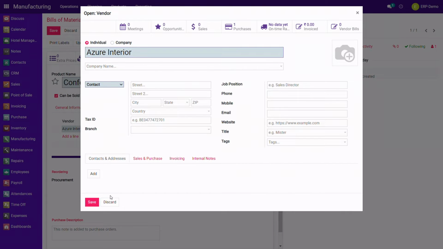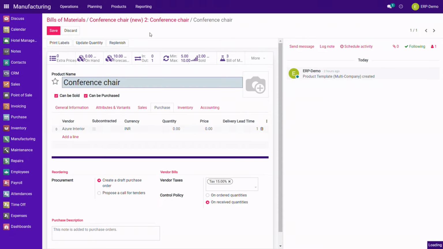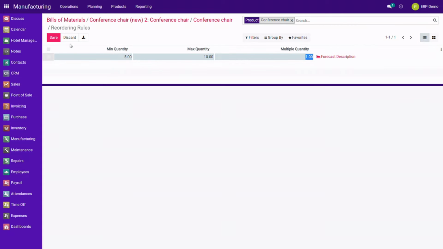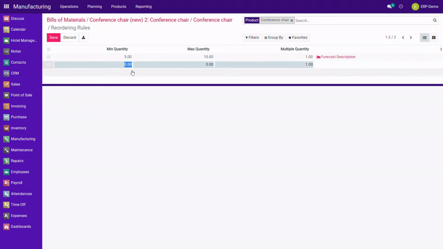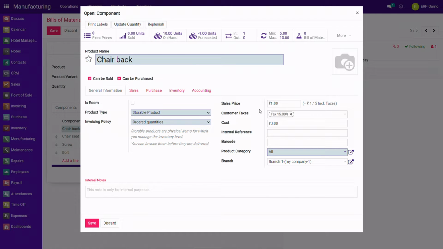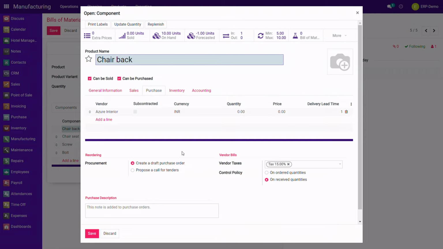product inventory to make sure you have checked the manufacturer and buyer routes. Now click on purchase and add a vendor to purchase. Now you can click on the reordering rules on the top as shown on the screen. Here you can add the minimum quantity and maximum quantity of the product to order. Now